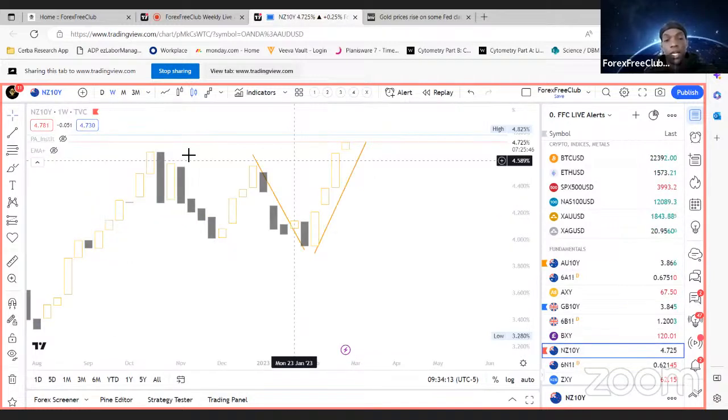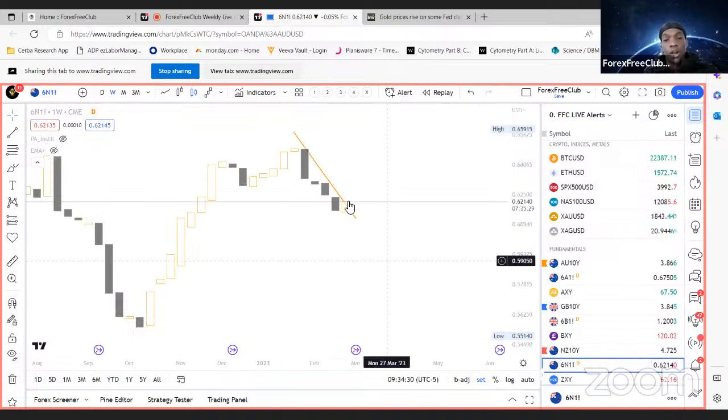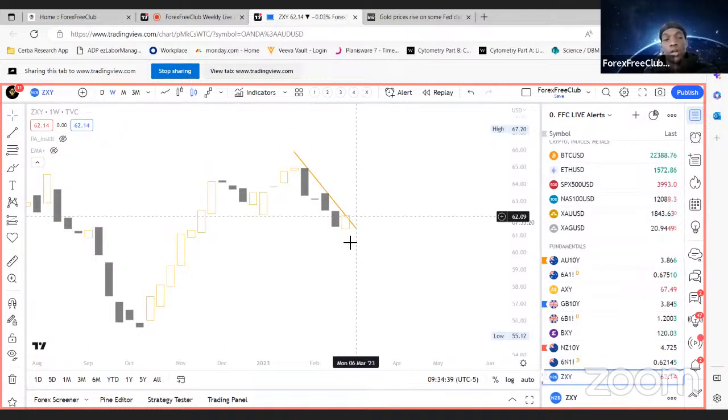NZDs, we've cleared both highs, which is great. NZDs fundamentally are showing strength by the 10-year yields. So this is a good time to invest in NZD currencies, risk on. We are getting what looks like a weekly counter trend line break. So that also confirms our fundamental bias. And as well on the index, it looks like NZDs might be the strongest pairs to trade for this week.